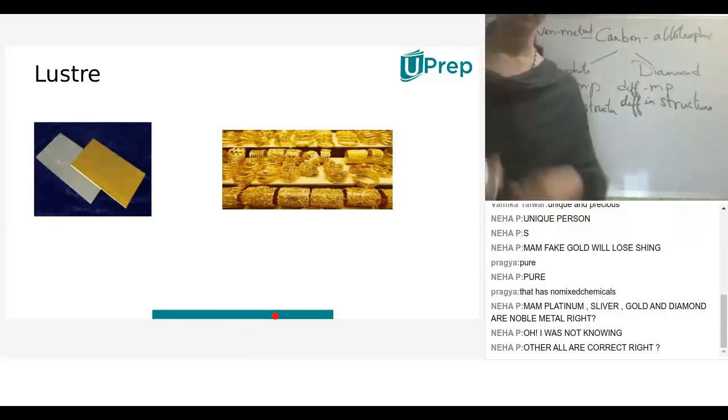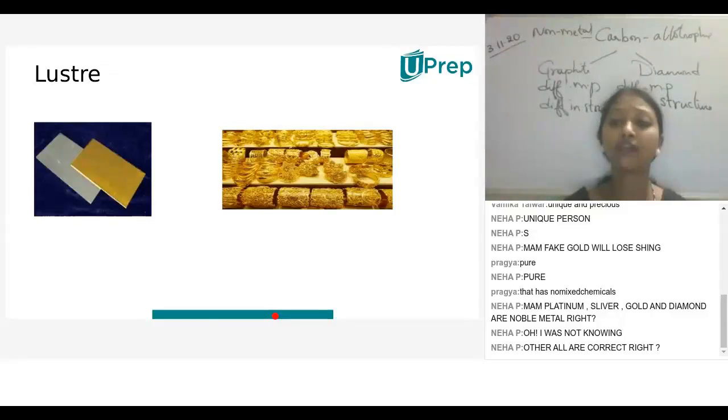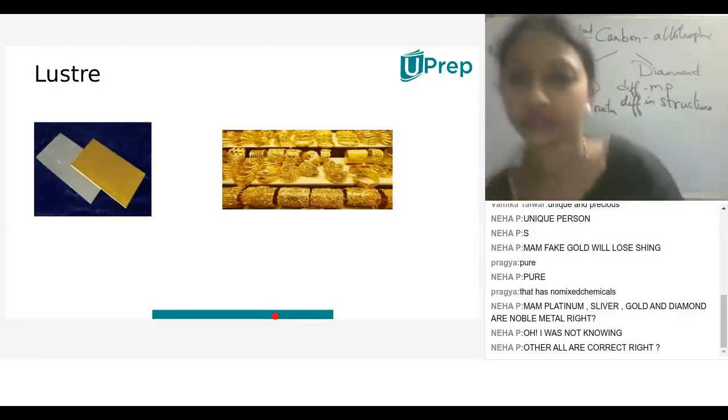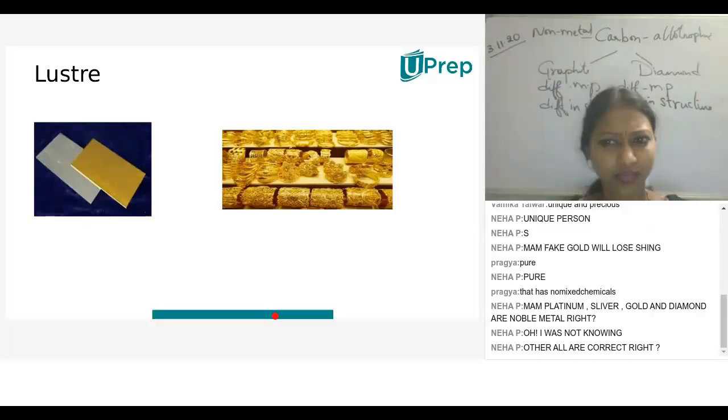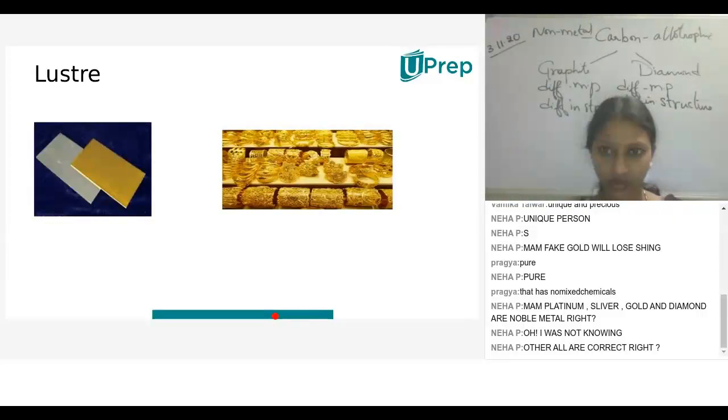Yes, carbon is a non-metal. No, after carbon you have written something starting with A, allotropic forms. What does it mean? It means that they are the forms of carbon. So whatever the properties of carbon, exactly the same apply to diamond and graphite. No difference. Diamond means carbon, carbon means diamond. Ma'am, then what about something else written with G, graph, something like that? Graphite. What does graphite mean?